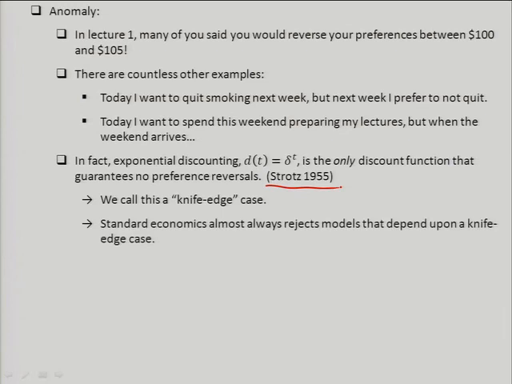Okay? Now, in standard economics, it is standard practice to always reject models that give you the right answer only on a knife edge case. It's just standard practice. Oh, you know what? Your model crucially depends upon this number being exactly 0 or exactly 1.358 or this functional form being exactly linear. And if it's even slightly off, your model collapses. We just reject that out of hand. Okay? Why not this? And partly it's because we like nice math, but partly it's because we really, really, really like rational outcomes. Because public policy is hard work, and laissez-faire is not. So if your model predicts that laissez-faire is social welfare maximizing, you've just saved the government a lot of money.